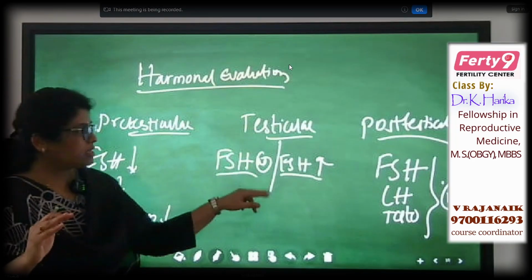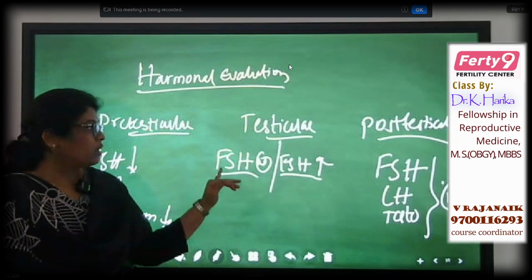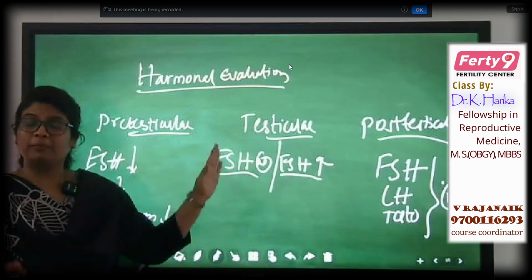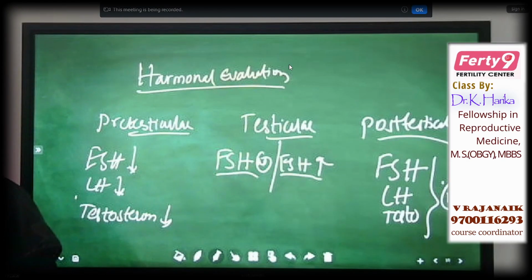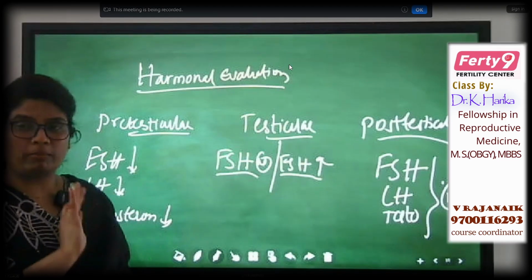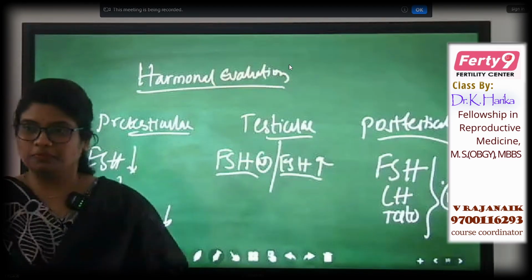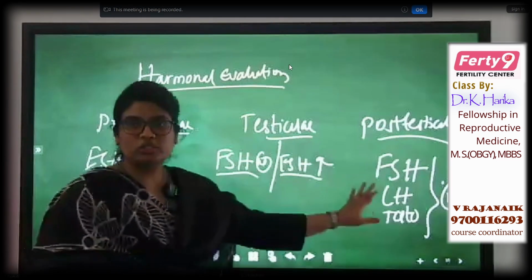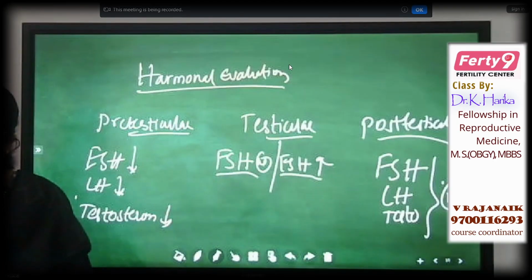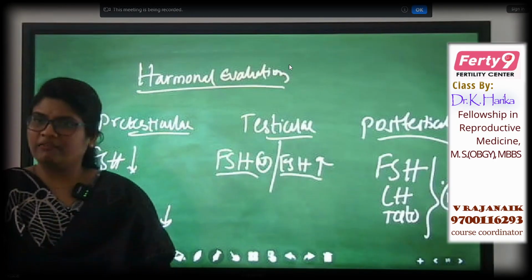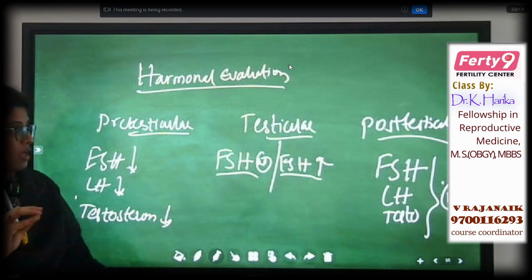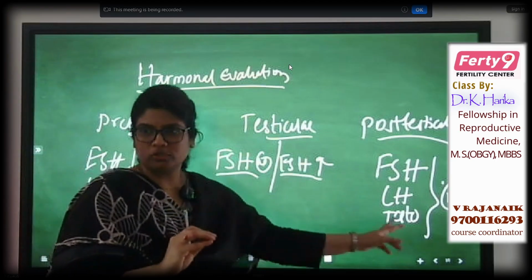But what about those cases where FSH is normal, but the patient has landed up in primary testicular failure? What is the reason? Can you name some conditions where FSH will be normal but he will have azoospermia, and there are no post-testicular causes? The simple thing is, if FSH is elevated, that is a clear-cut case of primary testicular failure. If FSH is normal, it might be a testicular cause or a post-testicular cause.